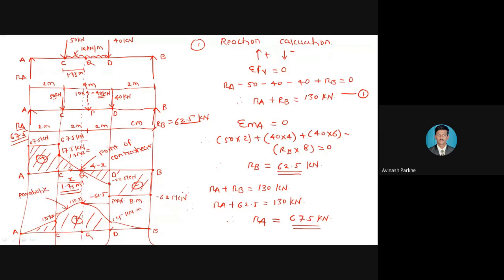You have to write down this word also: parabolic curve C to D. Then the examiner can easily understand. Parabolic curve in bracket C to D. So like that, this is your original loading diagram where UDL is converted into the point load. Then this is your SFD and this is your BMD.